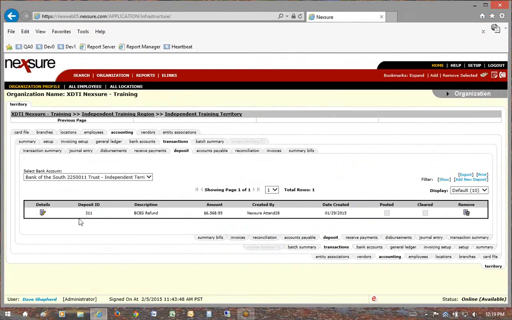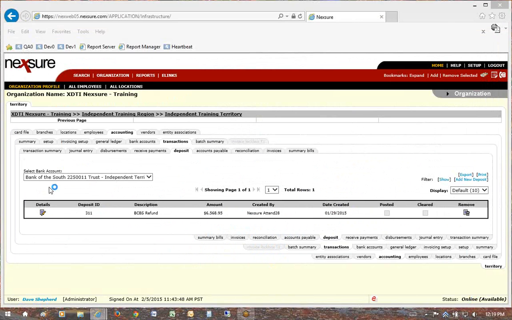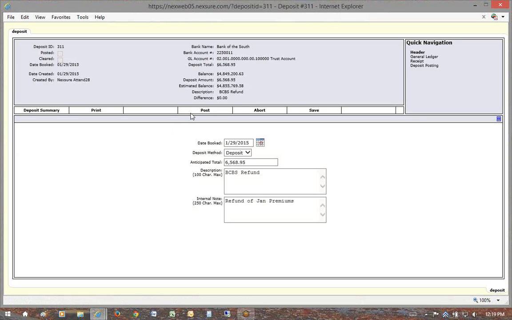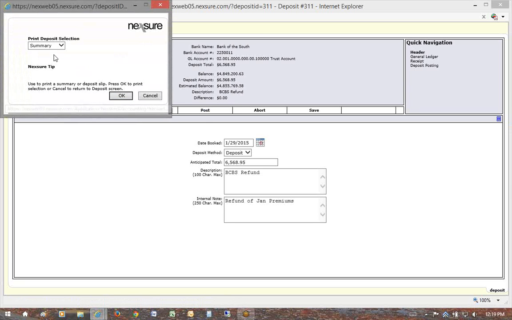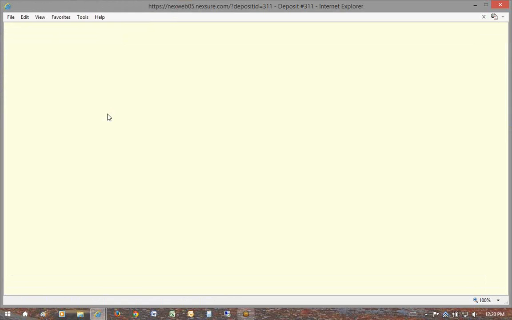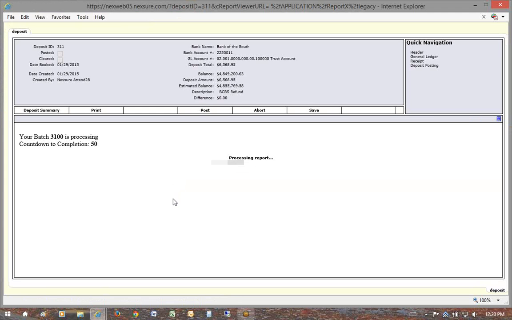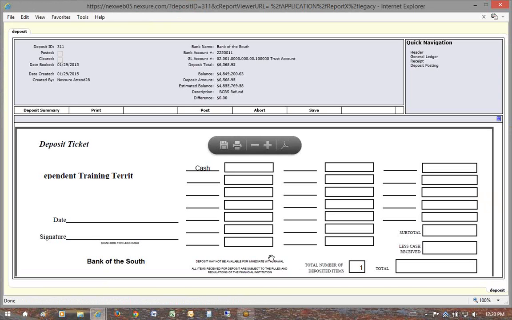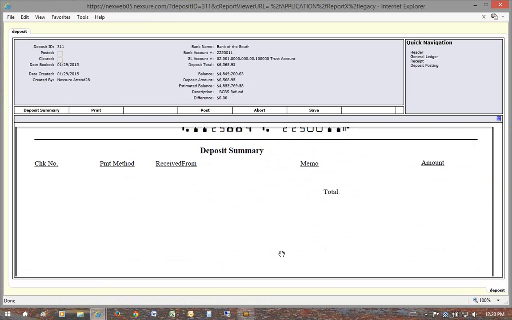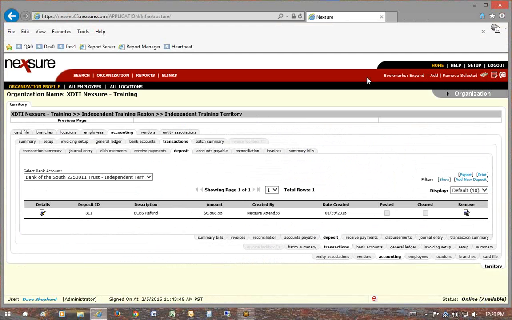Okay, so if you don't need a paper copy, anytime you want that report, you can come into that deposit, open the details, and you could get that just by clicking print. Now this one, that's a different one actually. But by clicking print and choosing deposit slip, you can print that at any time. You don't have to do it when you post. Yeah, this one actually hasn't been finished. Yeah, there's nothing in there. So, okay, any questions on